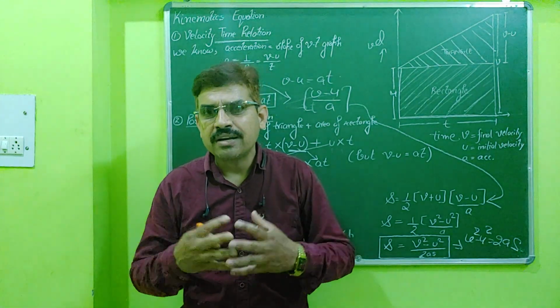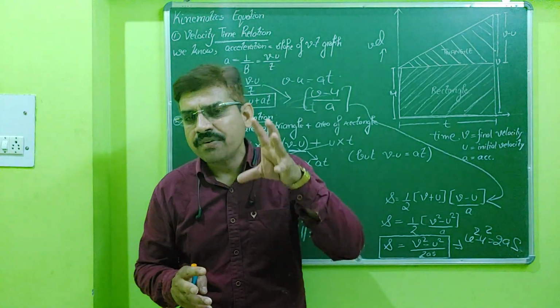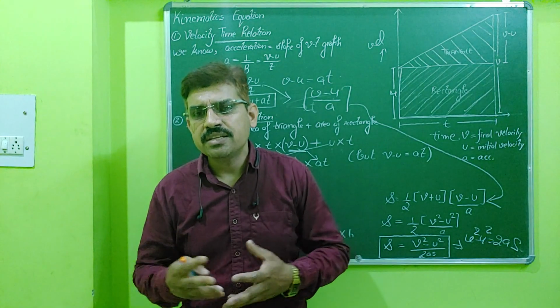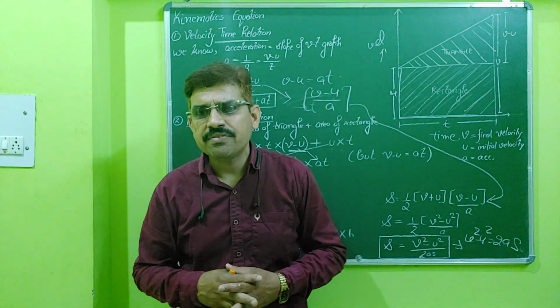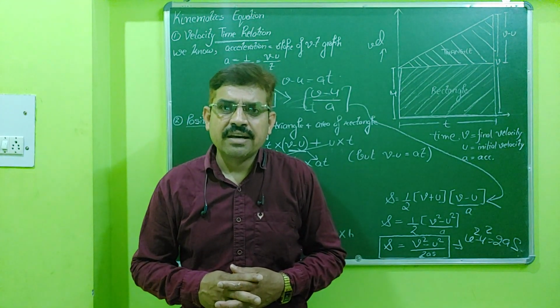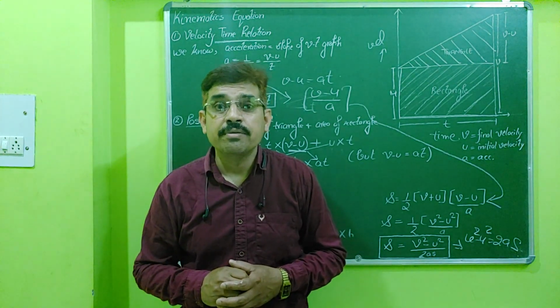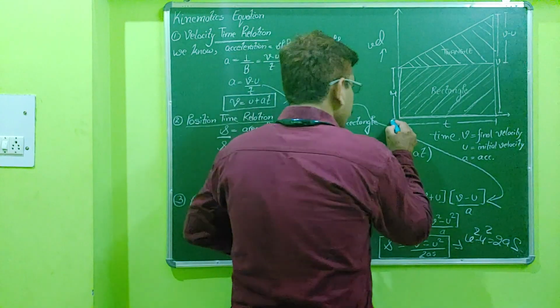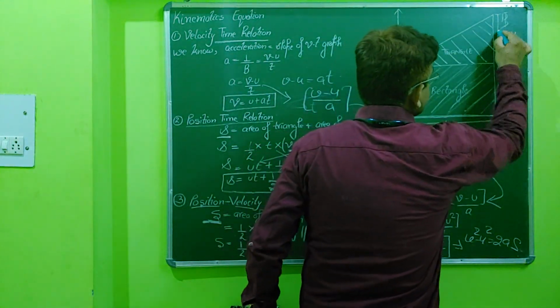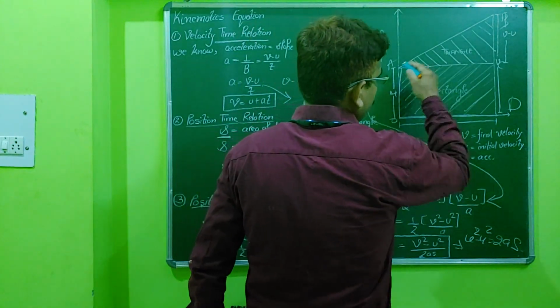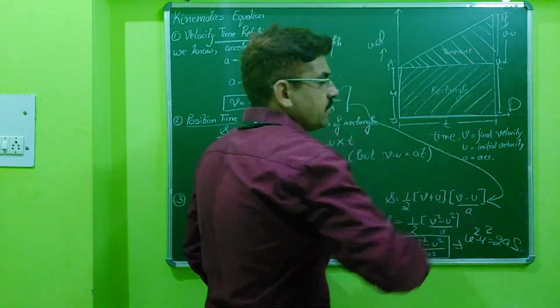Why go for learning that part? We want to study only the physics. Why study O, A, B, C? That is why I have not taken O, A, B, C, D into consideration. I could also write O, A, B, C, D, and then write the area of this rectangle O, A, B, C, then this one. But there is no need.